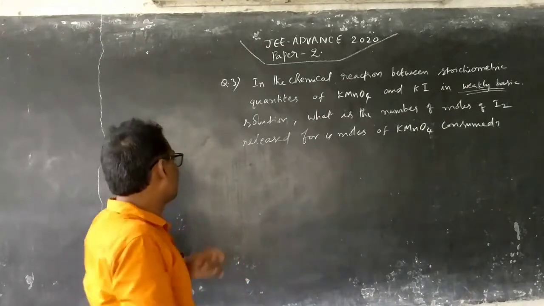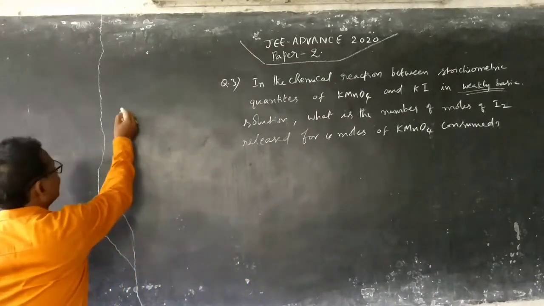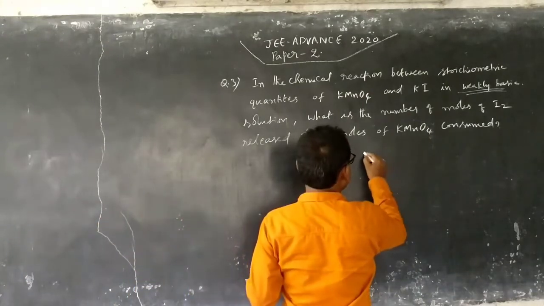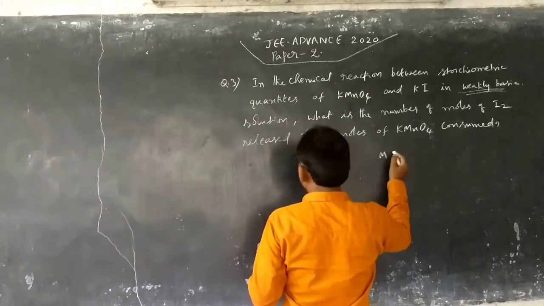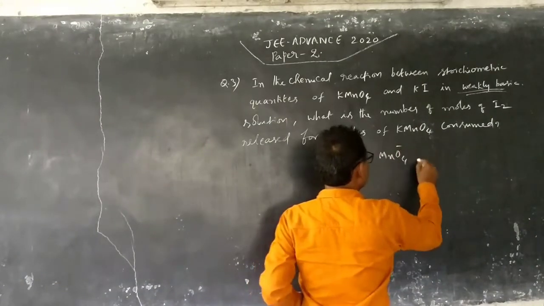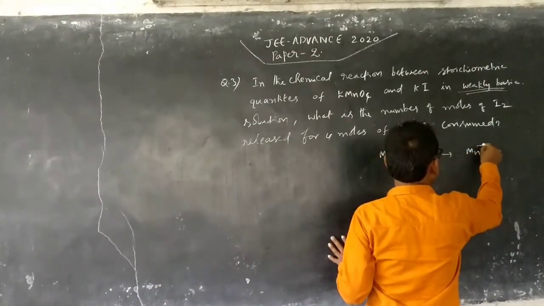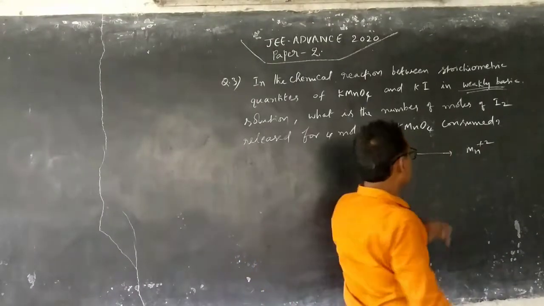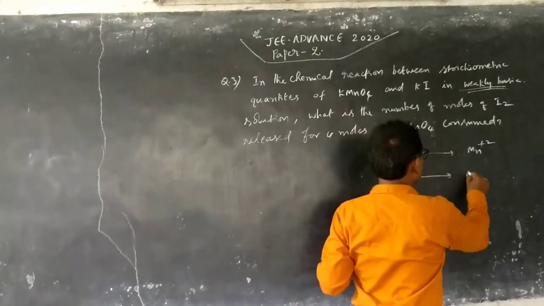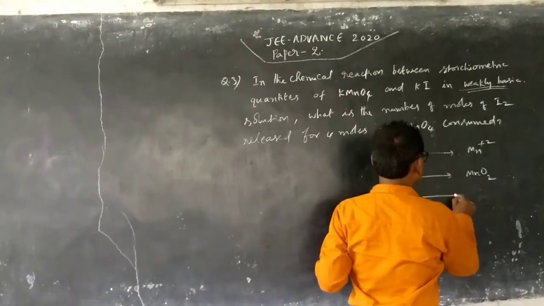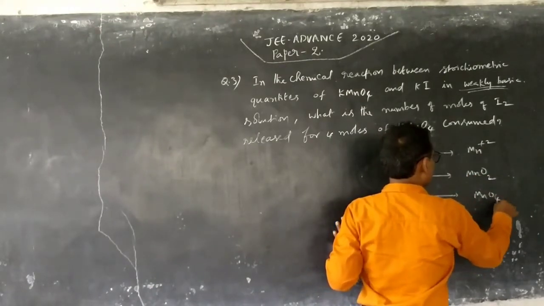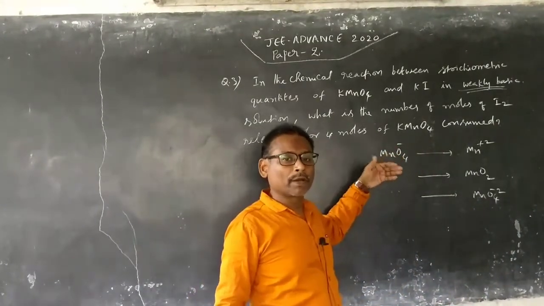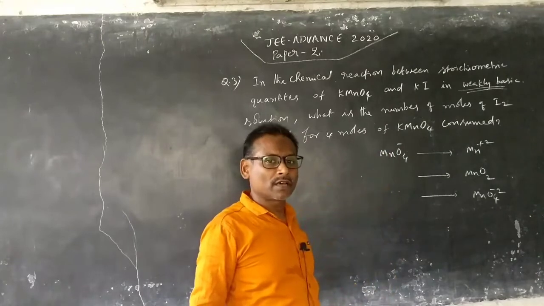Let us have an idea that for KMnO4 we have a variety of reactions. MnO4 minus has different conversions as per the medium. It is an oxidizing agent, so the permanganate is converted to manganese, and there is a scope of conversion to MnO2, and there is a scope of conversion to MnO4 2 minus. These are the conversions that normally happen with permanganate. It is influenced by the medium.